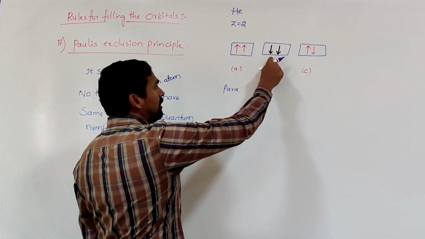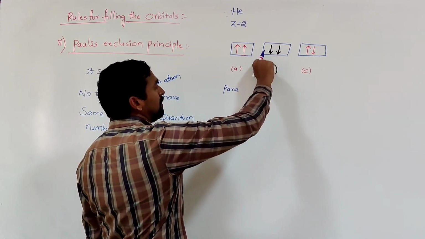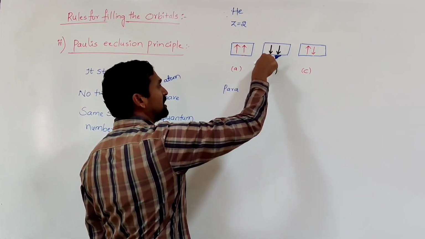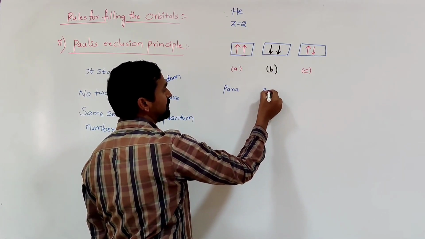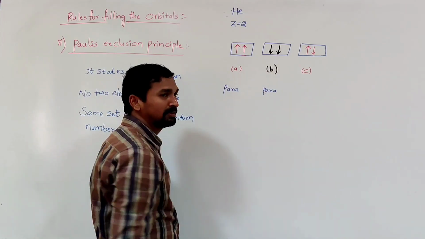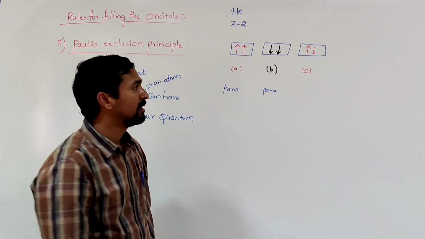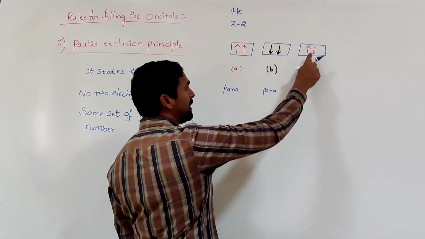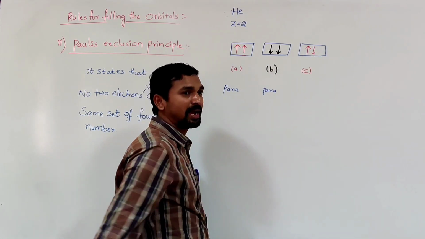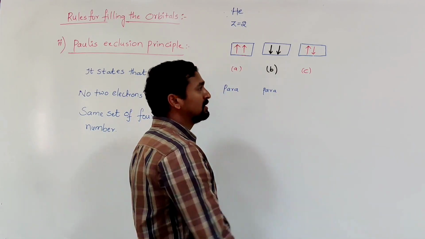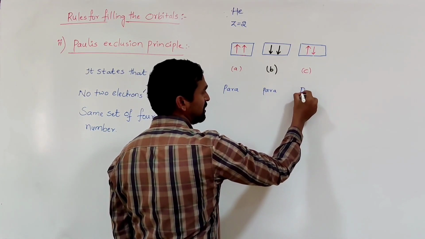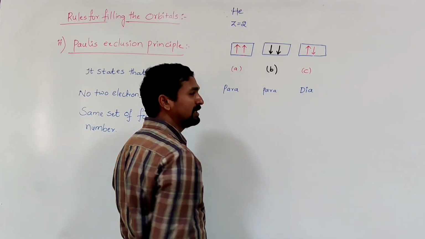So, if the 2 electrons are in the same orbital but with opposite spins, here also the parallel spins are there, so it is also said to be which one? Paramagnetic. Here, spin paired, no unpaired electron is present. In these cases, the magnetic effects are cancelled out. Then it is repelled by the magnet, so that's why it is said to be diamagnetic in nature.